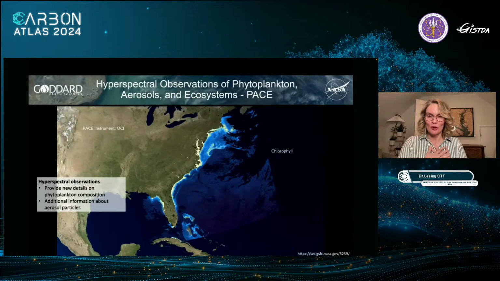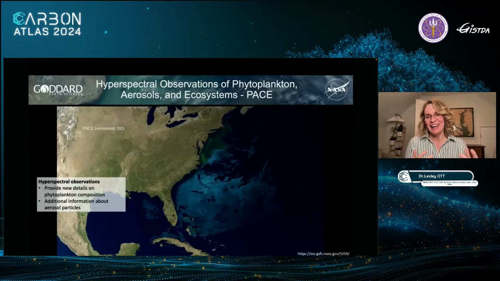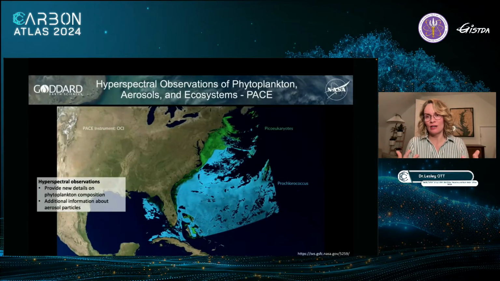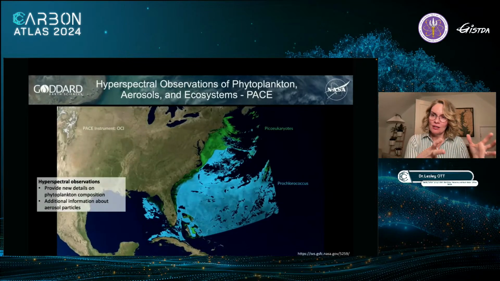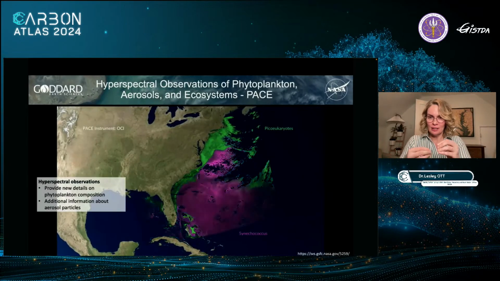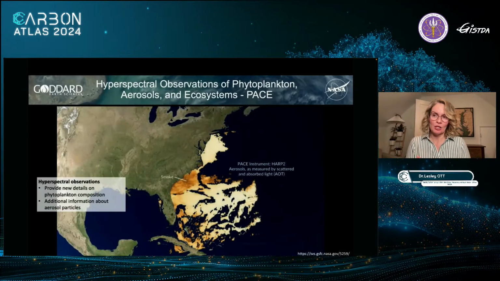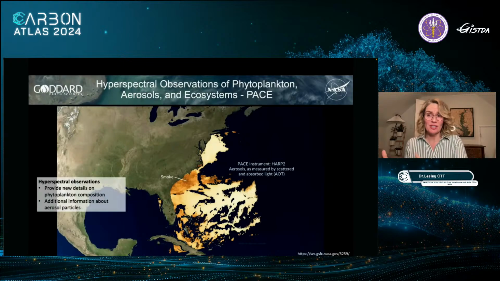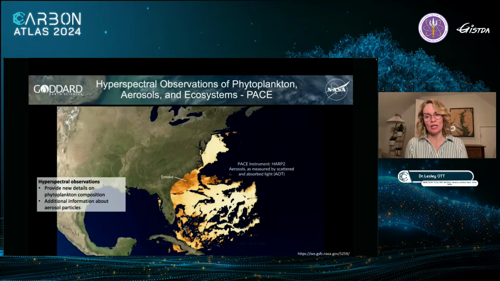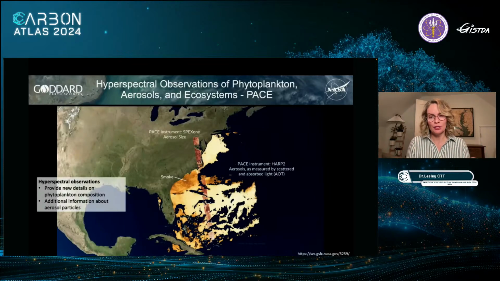And by the way, this is home to me. I'm based just outside of Washington, D.C., so the Chesapeake Bay is very close to home. And here you're seeing some of the coastal regions there. And what you see is in that transition, going from total ocean color to actually the species of these tiny little plants and animals in the water. That's giving us much more detailed information about the marine food web. It also gives us information about aerosol particles in the atmosphere. So this is part of the next generation of remote sensing from NASA, which is giving us not just global coverage, but much more detail about the processes that affect